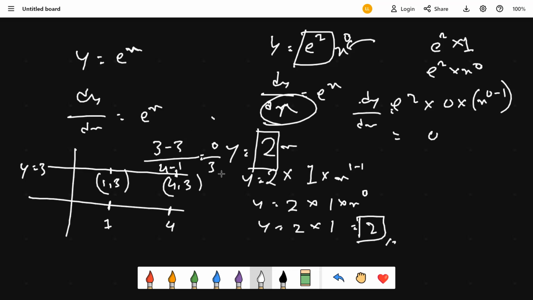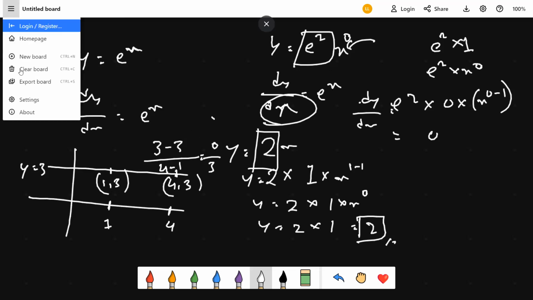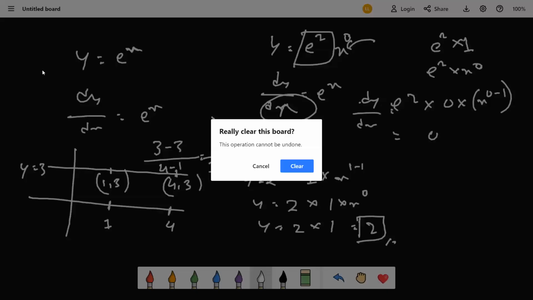Now, whatever it is in the denominator, it doesn't matter. If we simply get a 0 in the numerator, or any number is multiplied with 0, we get a value of what? 0. So that is the reason the differentiation of any constant value is what? 0. Okay, clear with this part? Now,